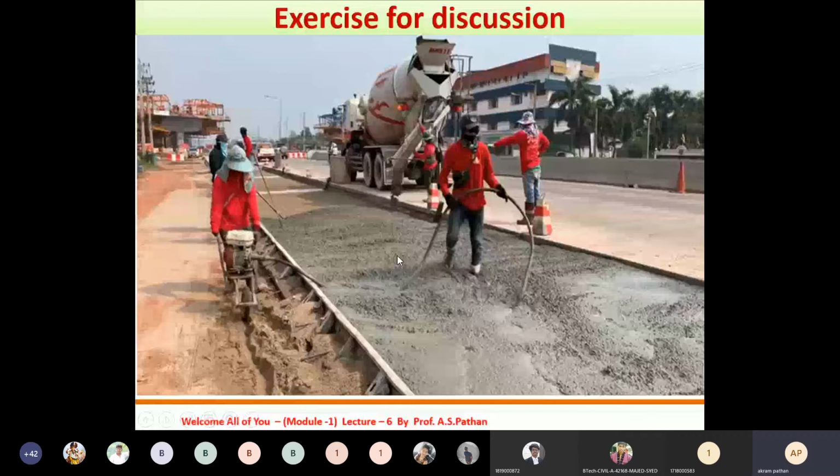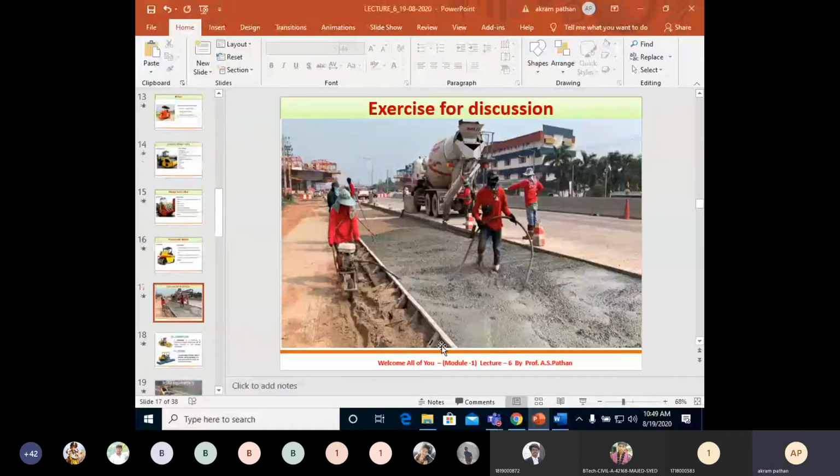Again, I would like to ask anybody to unmute yourself and explain what type of work will be there, what this person will be working on, and what the various equipment are that you can see in this particular picture.